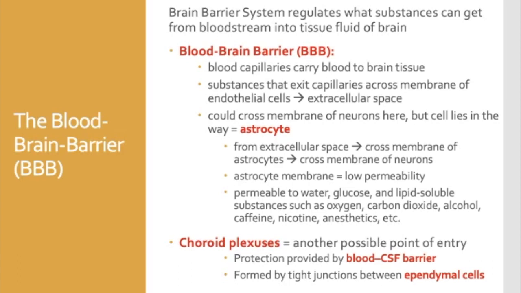And like all epithelial tissue, the cells are closely packed together and connected to each other with tight junctions. So it would be very difficult for a substance to get past this epithelium unless it can cross over the membrane. Ependymal cells help produce CSF, remember. The blood gets filtered through these ependymal cells to help create the cerebrospinal fluid. And in that process, the ependymal cells are going to prevent certain substances from getting into the CSF. They form another very important barrier